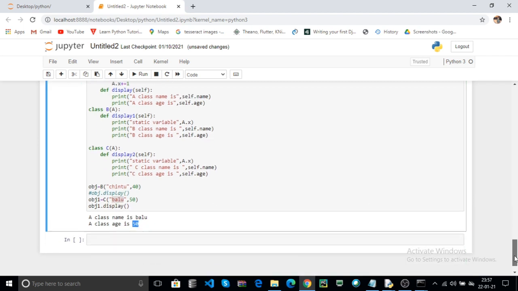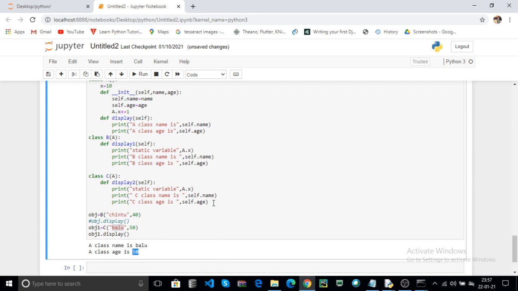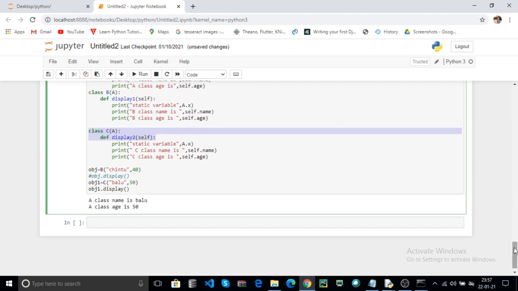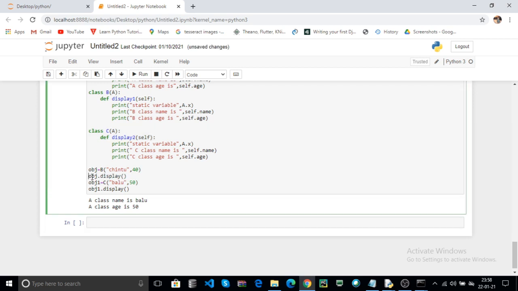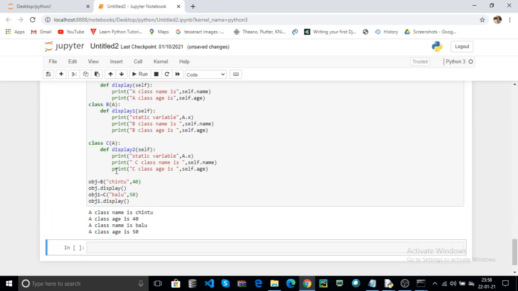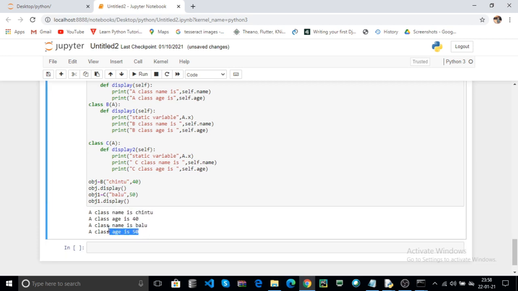This is the inheritance. You can create a class B instance or class C instance. That means any child class accessing your parent class. That is the hierarchical inheritance. Here click on the run. Here it returns both functions.